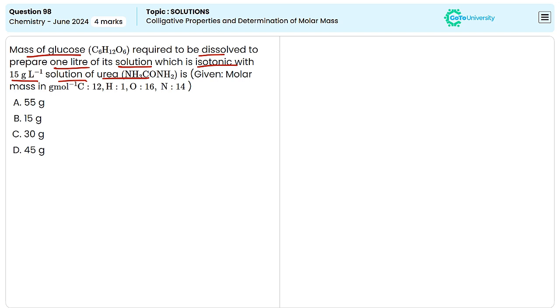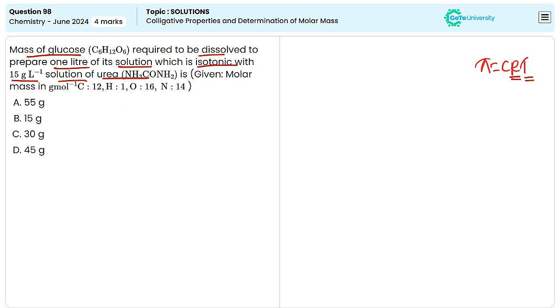Osmotic pressure can be found out by using the equation pi is equal to C into R into T. Here pi is osmotic pressure, C is the concentration of the solution, R is the gas constant and T is the temperature. Here both the solutions are isotonic, which means the osmotic pressure of these solutions will be